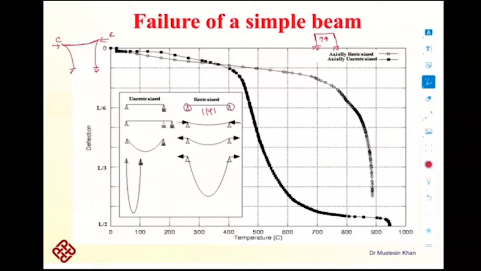The compressive force is inducing. This compressive force you can see at the support. This compressive force will not allow it to expand at a very fast pace. But initially this would stop it from expansion, and at the later stage when the temperature would be very high and the strength of the material will be reduced significantly, then at that point your beam